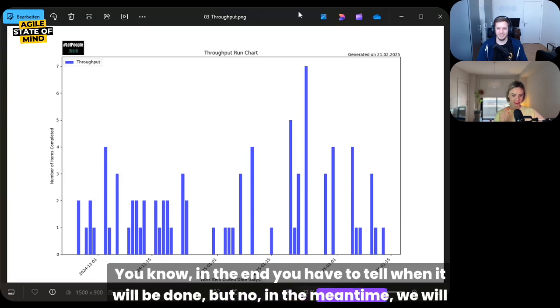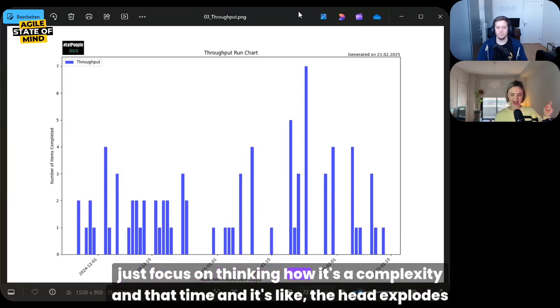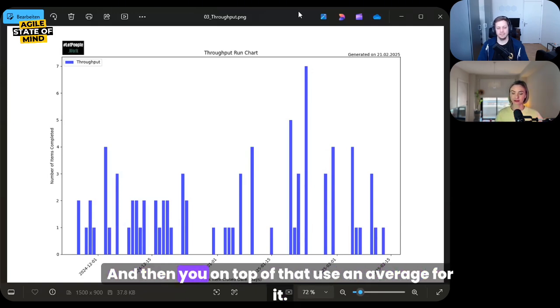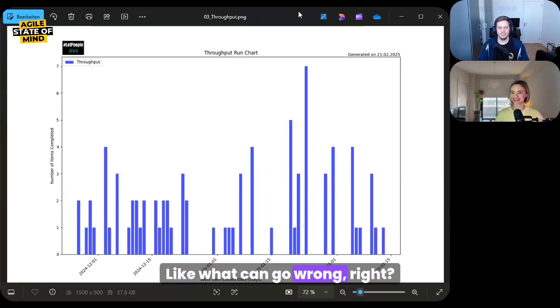But no, in the meantime, we will just focus on thinking how it's complexity and not time. And it's like, head explodes, and you are still no closer to really predicting something. And then on top of that, you use an average for it. Like, what can go wrong, right?